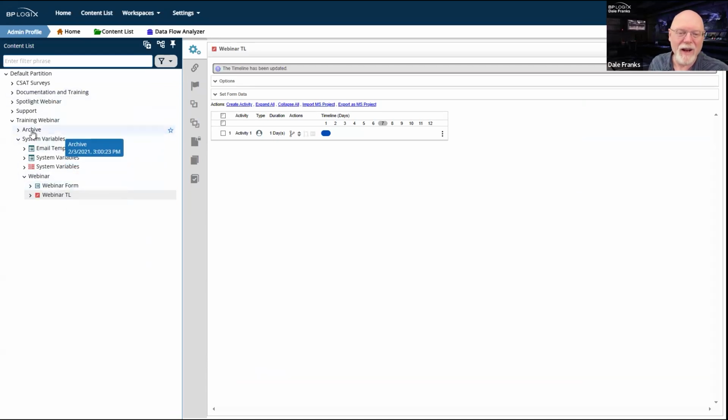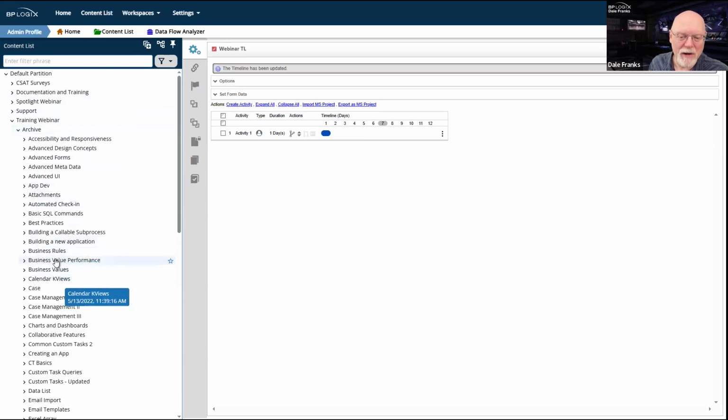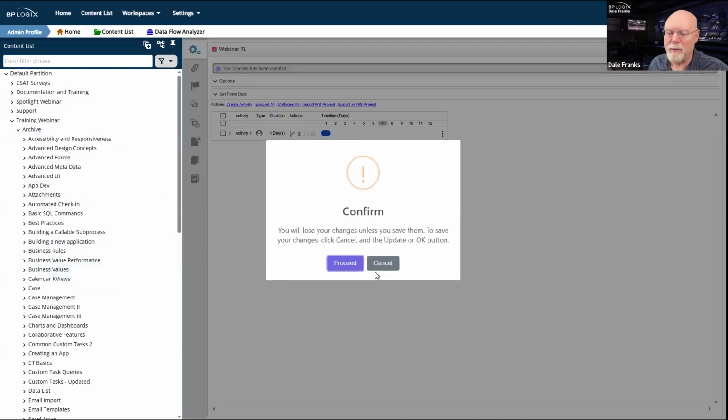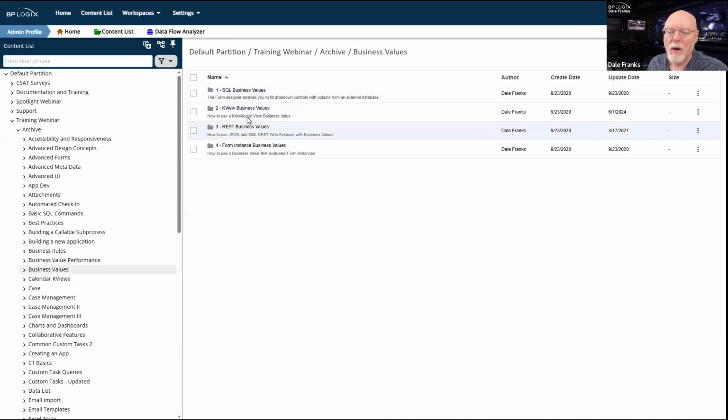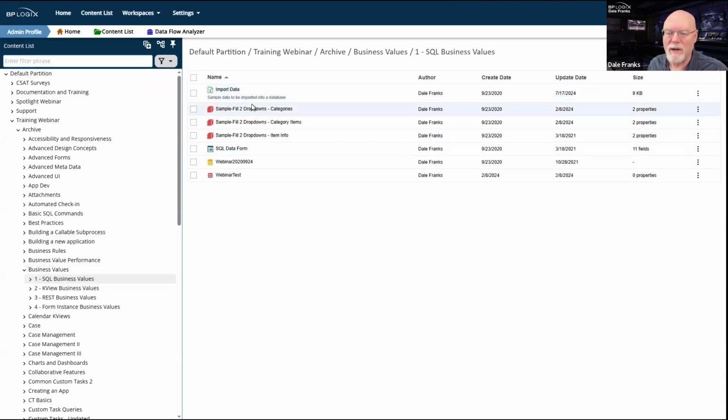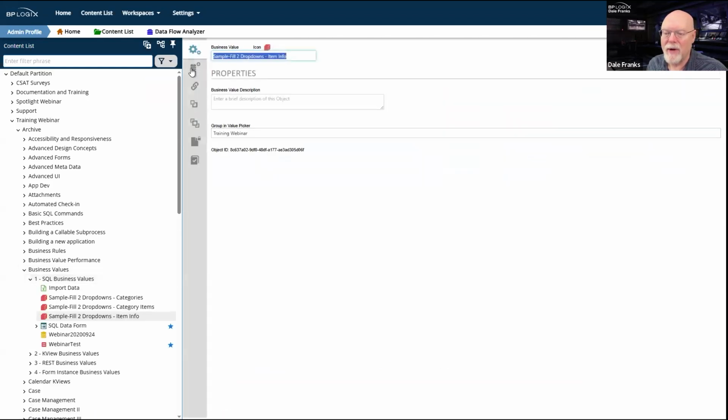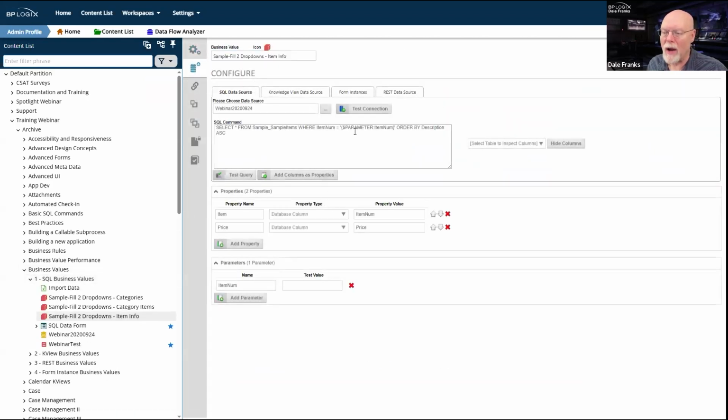I've got any number of business values in here, so let's just go grab one out of business values, and we'll go over here to SQL business values, and I've got a parameterized one right here.